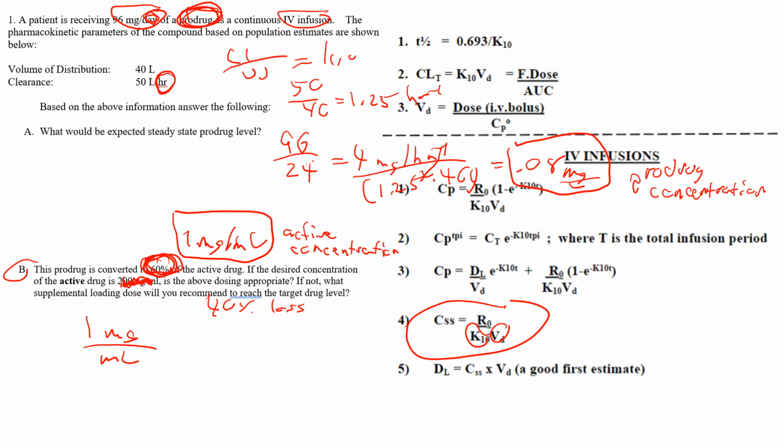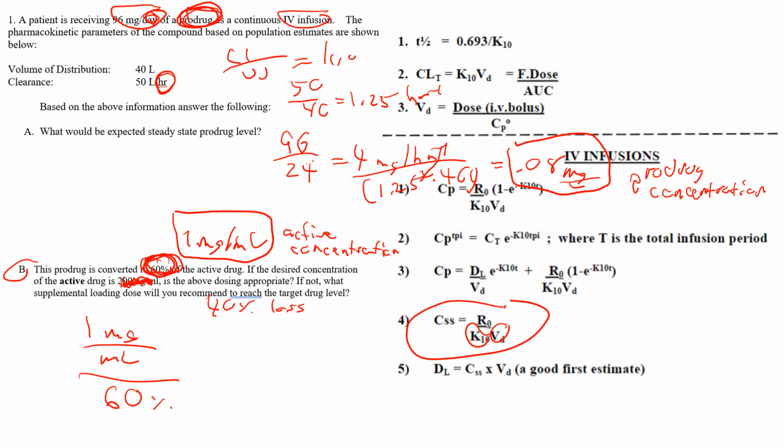Whenever you're given a percent like this, and you are trying to look for an active drug concentration, when you are giving a drug as a prodrug, but you are observing an active concentration of the active drug, you will want to divide by the metabolism percent. If you are given the concentration of a prodrug and you are dosing the prodrug, then you multiply by the percent. Because if you multiply by the percent, your final answer will be lower. This will represent the loss. However, if you start with the active